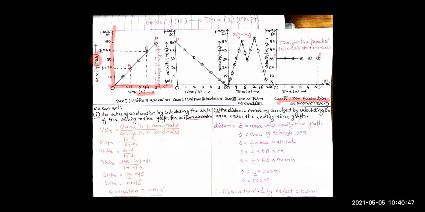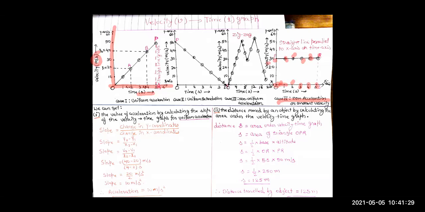So here if you see in this graph, at time t equal to 0, the object is having velocity 30 meter per second. Then 1 second passed. After 1 second, you are seeing its velocity is again 30 meter per second. In the second, you are seeing its velocity is again 30 meter per second. When time t equals to 3 seconds, its velocity is still 30 meter per second. At time t equal to 4 seconds, again the velocity is 30 meter per second. And at time t equals to 5 seconds, the velocity still remains the same, that is 30 meter per second.